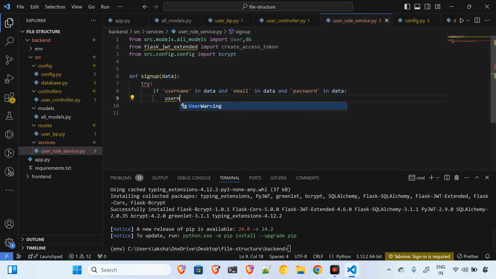I'll say username is equal to data dot username. Then I will replicate this code. I will take the email. I'll take the password. Okay, so I am catching all these three parameters in these three variables: username, email and